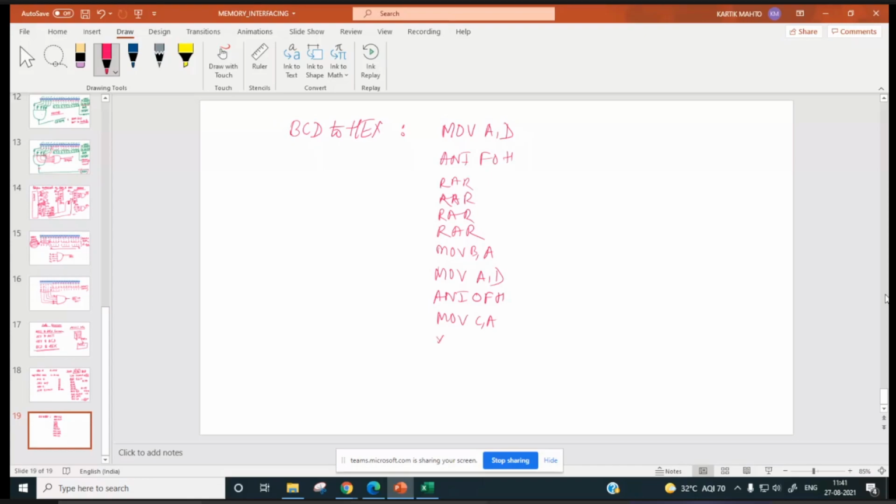Next, XRA A, ADI 0AH. Then DCR B, JNZ loop. Loop will be over here.